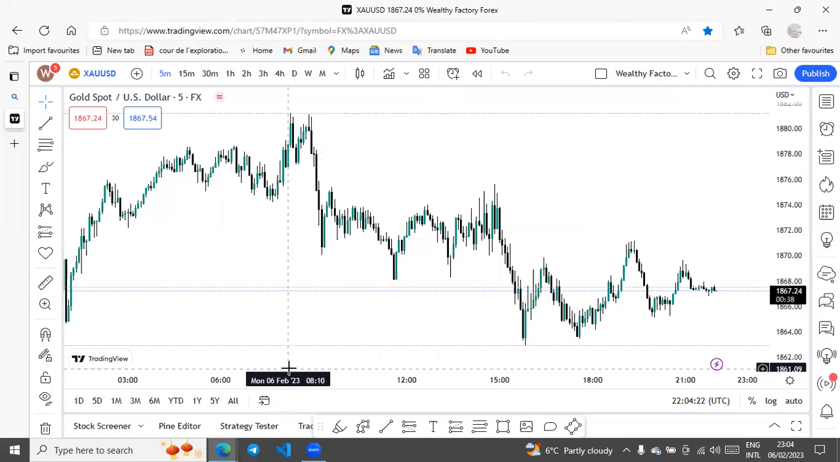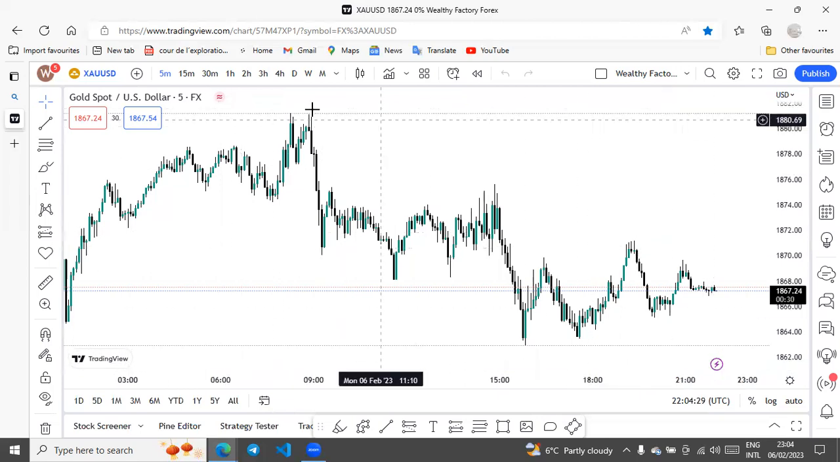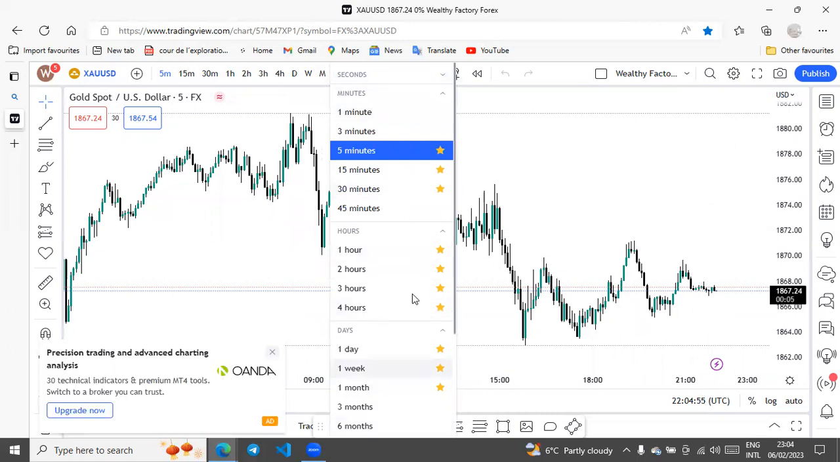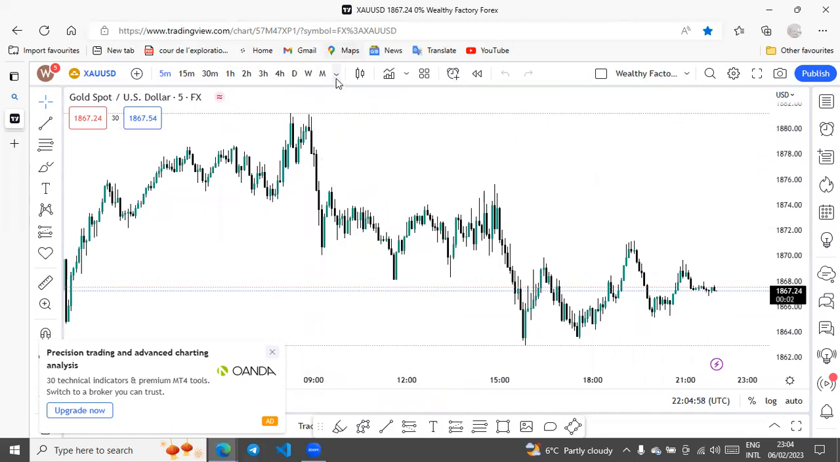So we have time and drawing as things we're going to be using for doing analysis. So where do we find time? When you look on top here, you find something like 1 minute, 5 minutes, 15 minutes, 30 minutes, 1 hour, then we have 2 hours, 3 hours, 4 hours, daily time frame, weekly time frame, 1 month time frame. Then you have 3 months, 6 months. So when you come on this icon here,